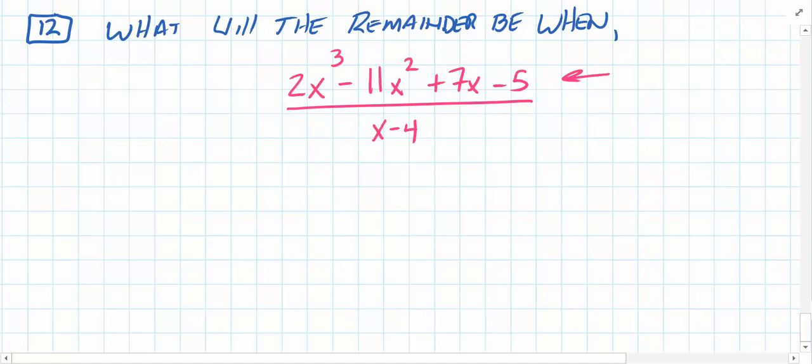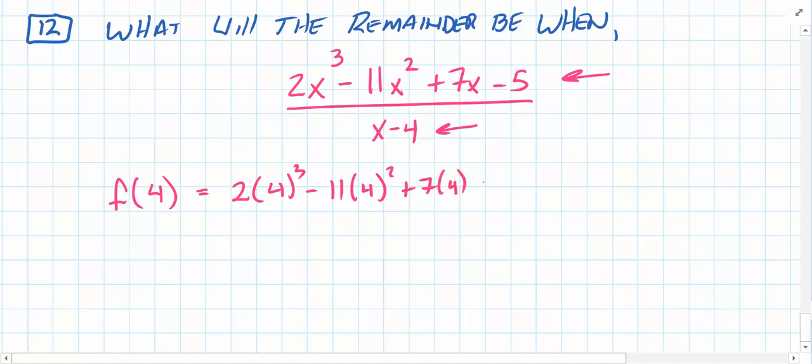Well, the remainder theorem says the remainder will just be f of 4. Now notice I'm taking the opposite of that because I'm doing x minus c, right? So in this case, my c was a 4. So if I evaluate f of 4, I would get 2 times 4 cubed minus 11 times 4 squared plus 7 times 4 minus 5. When you do all of this, ladies and gentlemen, you get an answer of negative 25. Okay? So that's what the remainder will be,